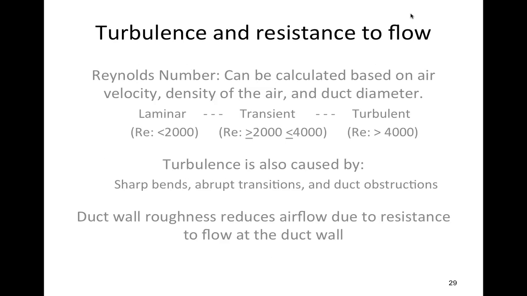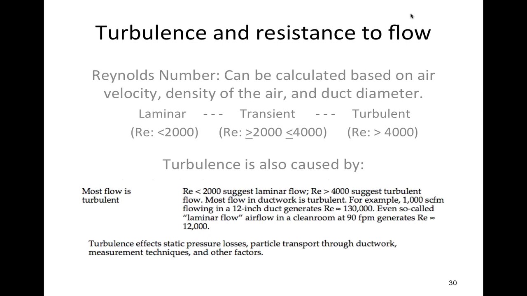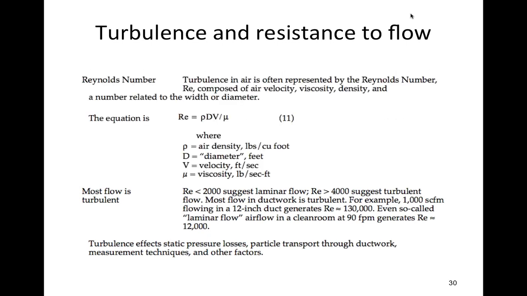So let me see what we really need to look at here. One last thing. There is a number called the Reynolds number. This is something we can calculate. The Reynolds number is a calculation that indicates to you whether the flow in this system is turbulent or laminar. What did we say about laminar before? Laminar has no eddy currents, it's nice and even, and so on and so forth.